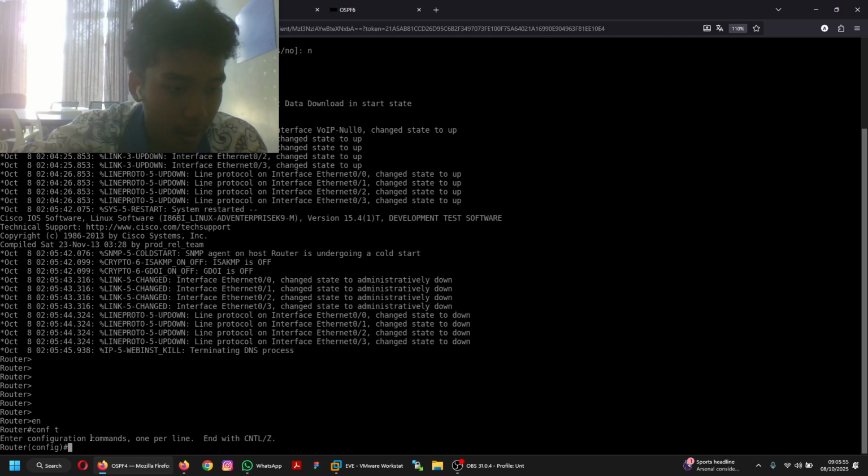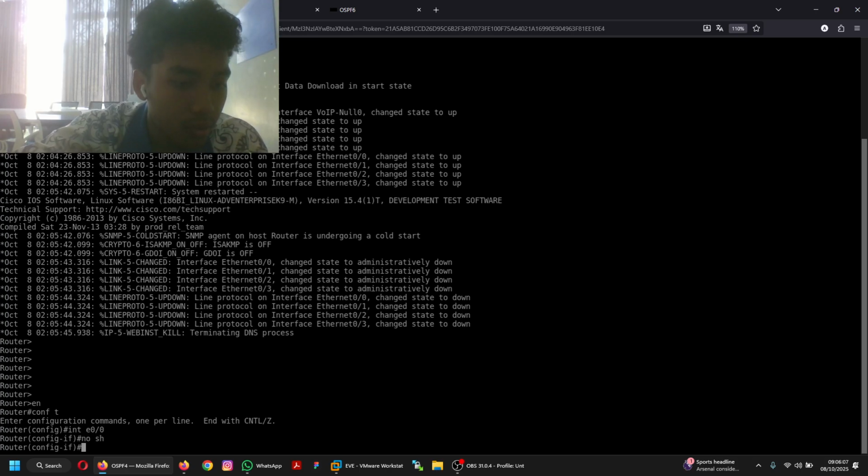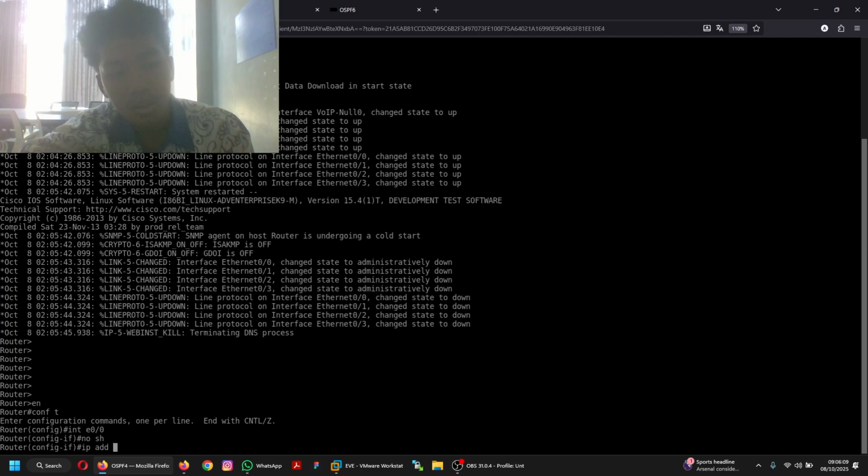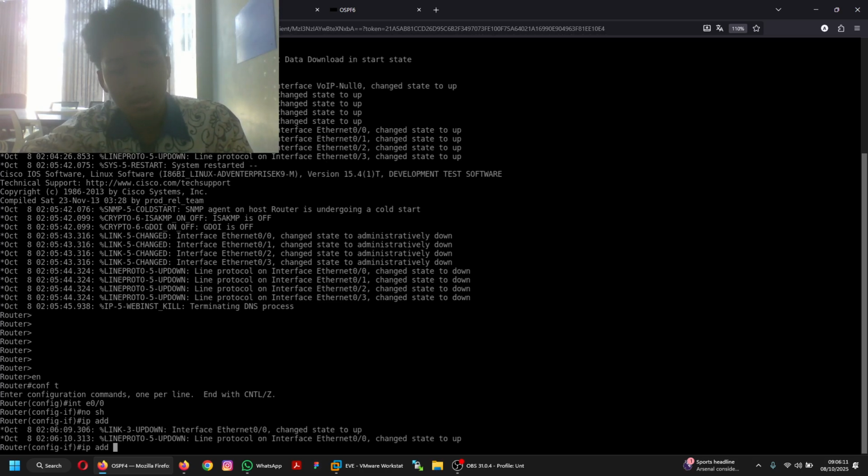Then you can just type, same as before, no shutdown. Now we can add the IP. Now I'm going to use the IP 11.